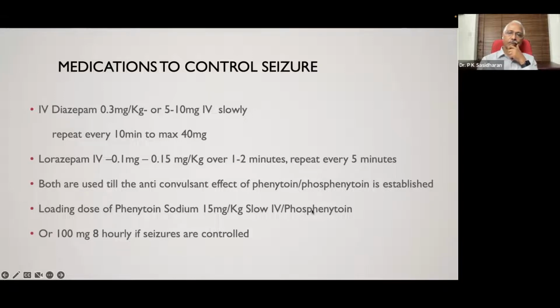This is FOS, phosphenytoin. And immediately after giving diazepam, if the seizure is controlled and there is no more seizure, you can start the maintenance dose also. That is 100 milligram 8 hourly of phenytoin sodium. Give the loading dose only when you think that seizures are likely to recur. That's when you want immediate